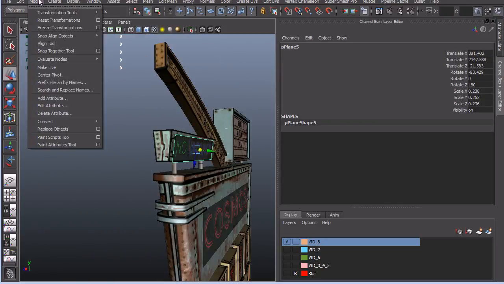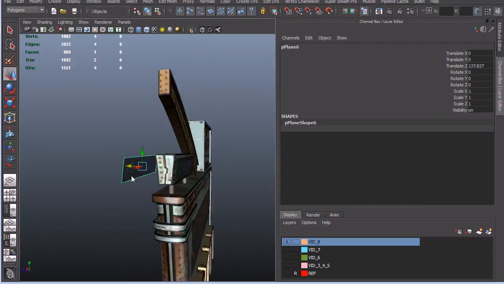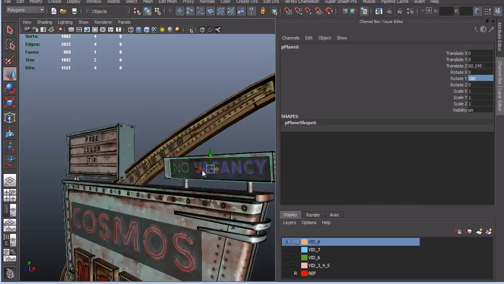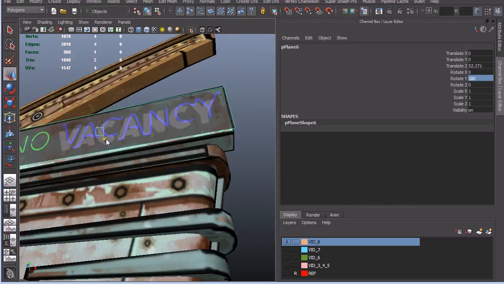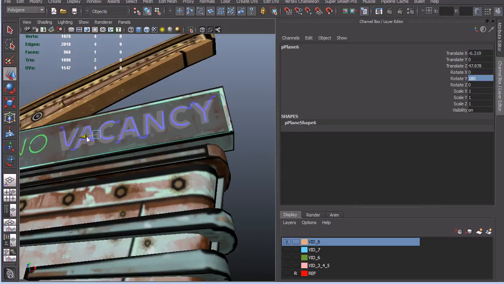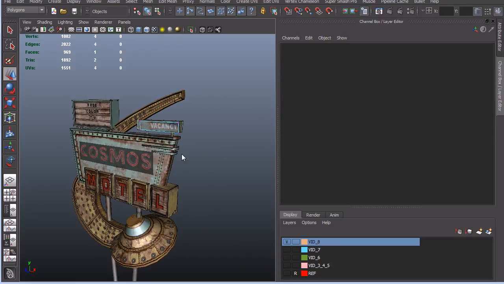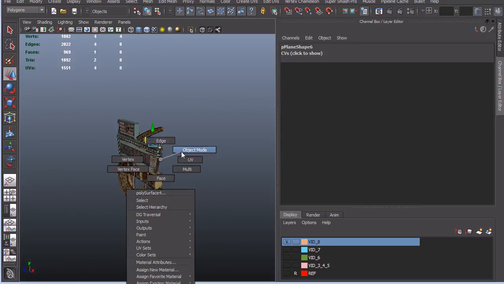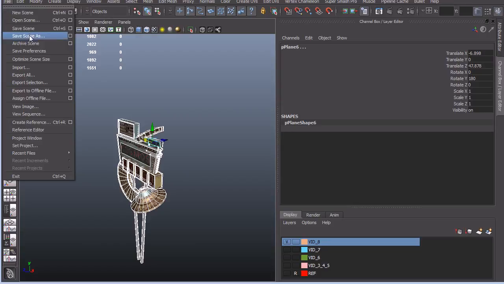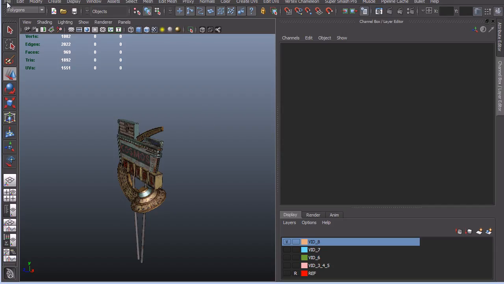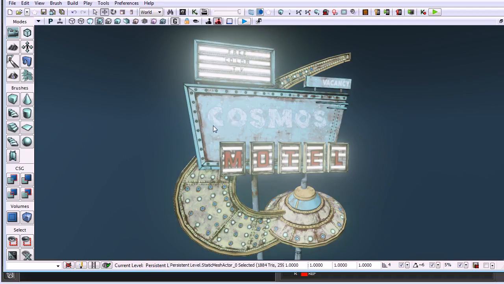We're going to go ahead and modify, freeze transformations, and duplicate it and then rotate it 180 degrees. And make sure that's sitting on top of that. And now we can select the whole thing and export right back on top of the FBX we originally created. Let's go ahead and save this too. And if we go back into UDK,